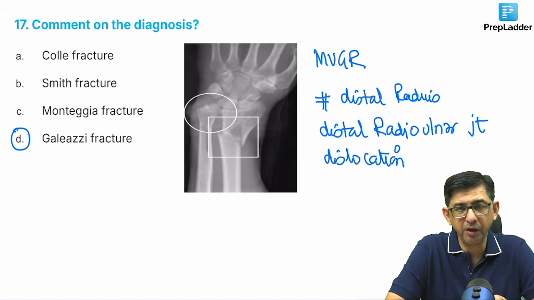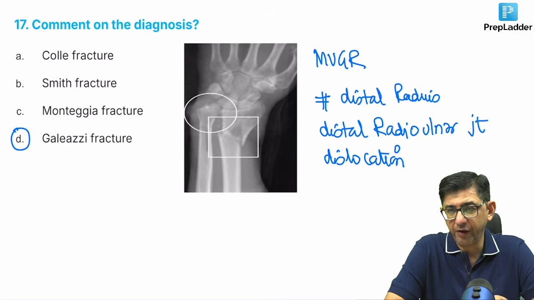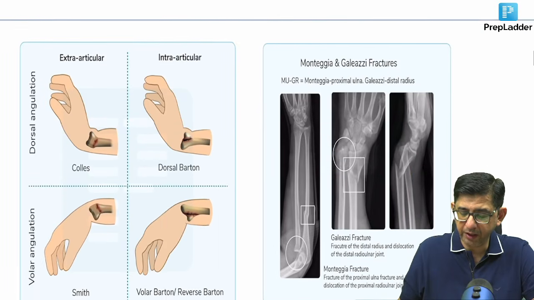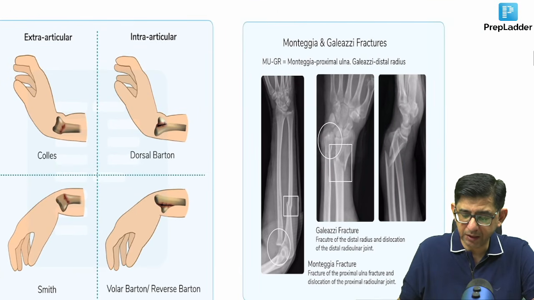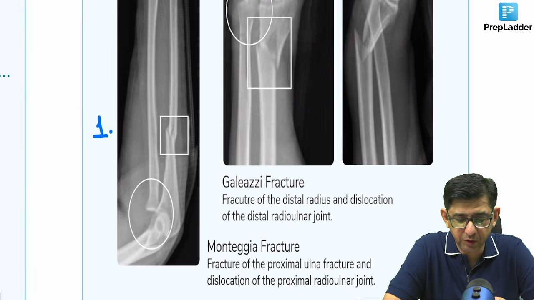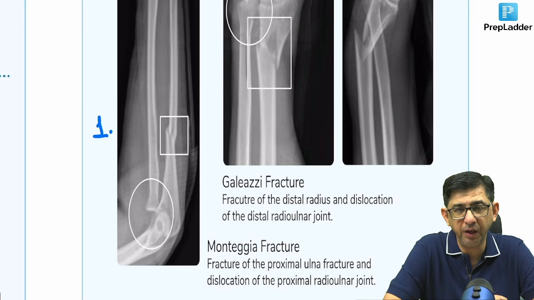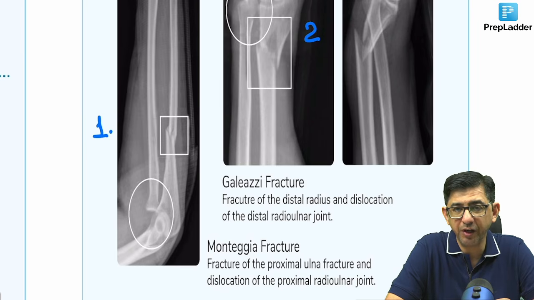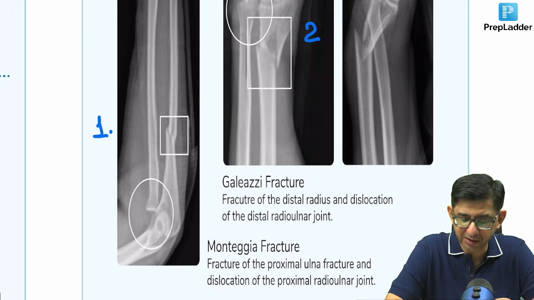So most of the time they ask you Monteggia, Galeazzi. I tried to incorporate both of them, so that if they ask either of the two, you are having a visual memory of the same, and therefore in the inferior slide I've tried to combine the two simultaneously so that you can check them out. In the first image, which I'm naming as 1, you can immediately see the fracture is occurring with respect to the ulna of the patient, so that would be called as Monteggia's fracture, whereas the one that you can see as 2 is the Galeazzi's fracture where the radius is getting involved. So mugger as a mnemonic will help you identify and remember the facts here.